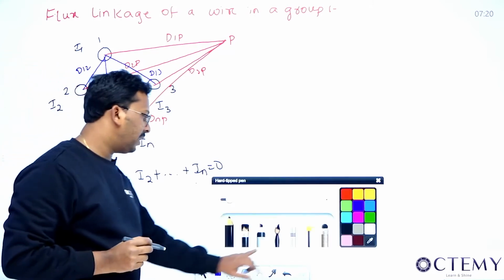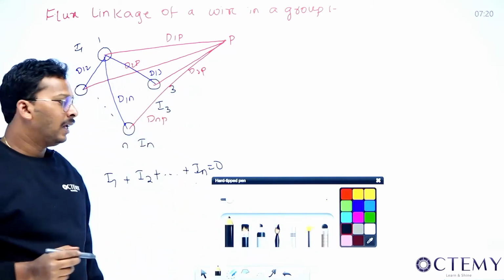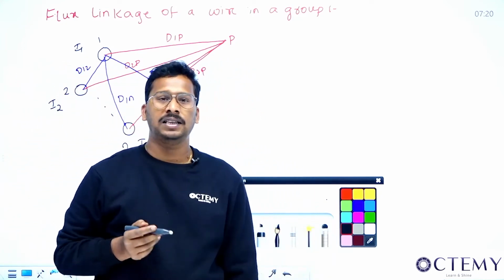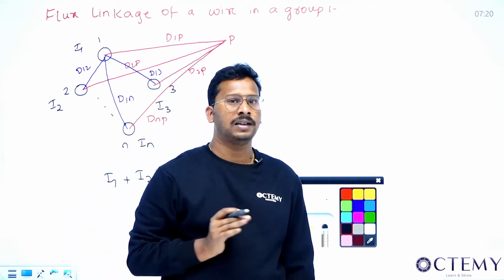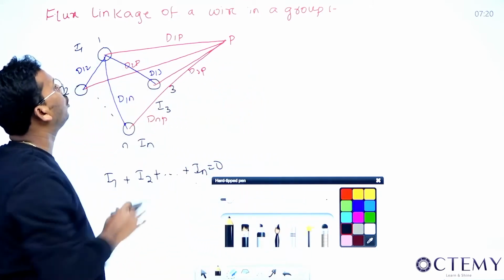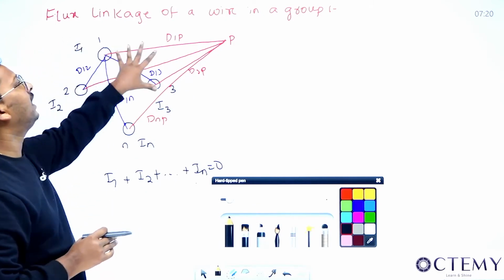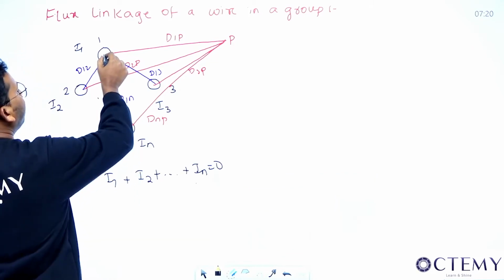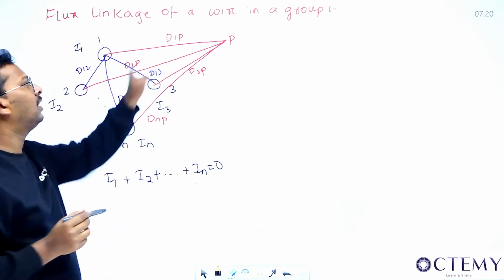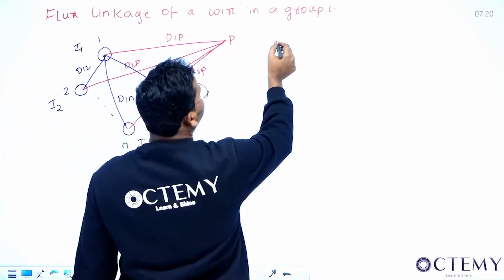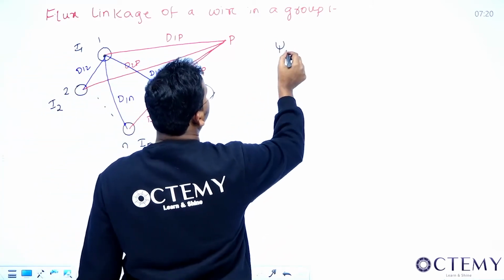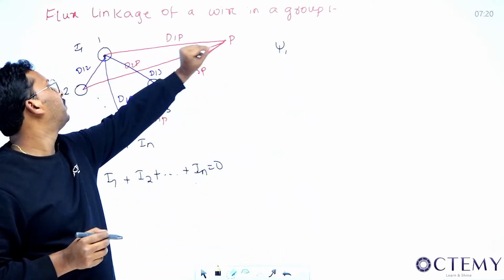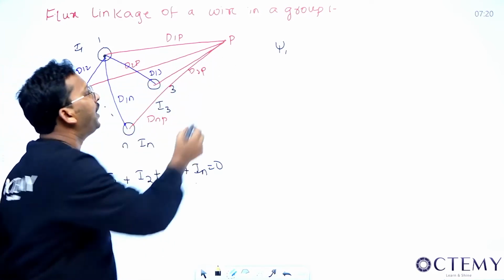Now, what is the main aim, sir? See the heading I have written. The reason I have told you is, generally we don't work with a single phase system, we have a three phase system. In three phase also we'll have multiple kinds of wires, right? So in a group of wires, what will be the flux linkage of a wire, we'll have to find out, right? So I want to find the flux linkage from this conductor to this point. I actually want to find phi 1 total, right? That means the flux linkage between the center of the first conductor and this particular point P.